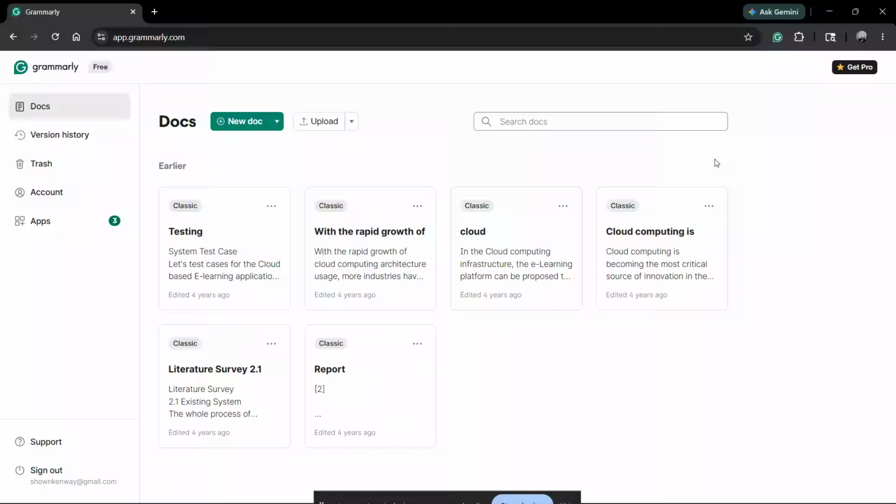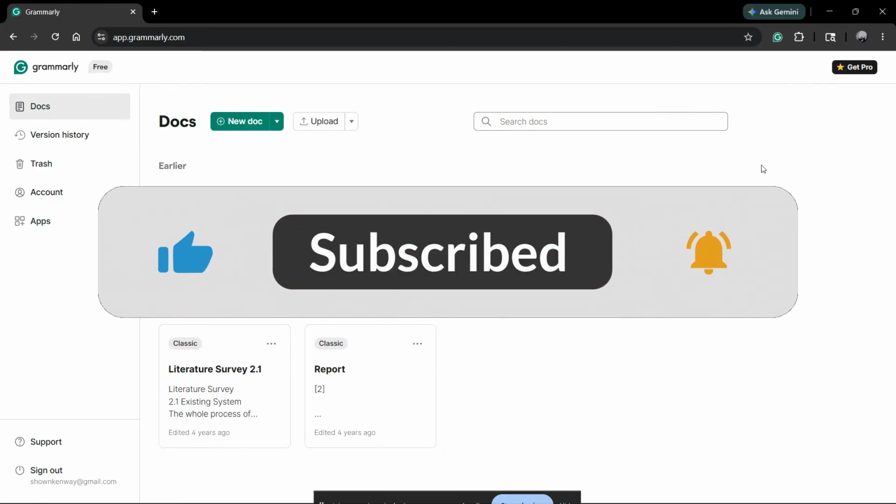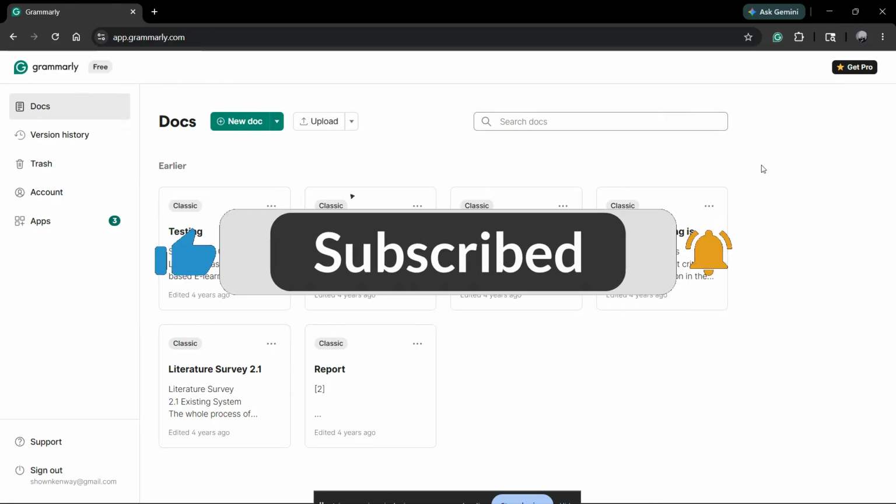If you want to disable Grammarly AI, but still keep the regular grammar and spell check features, this video will show you exactly how to do it in just a few quick steps. That means you can turn off the generative AI tools, remove the prompt box, hide the rewriting presets, and get rid of the Lightbulb icon while still using Grammarly as a standard writing assistant. This is a great option if you only want help with grammar, punctuation, and spelling without all the extra AI